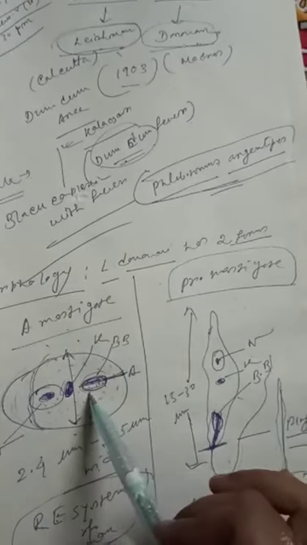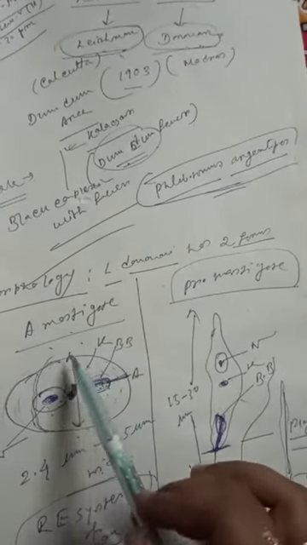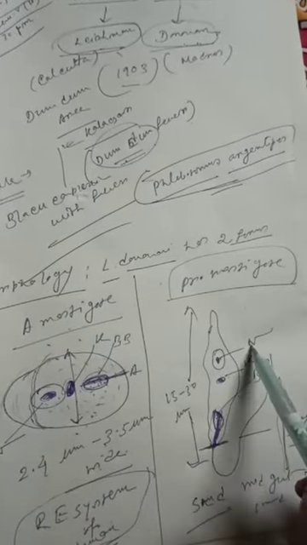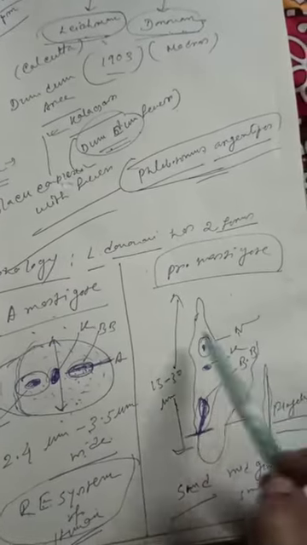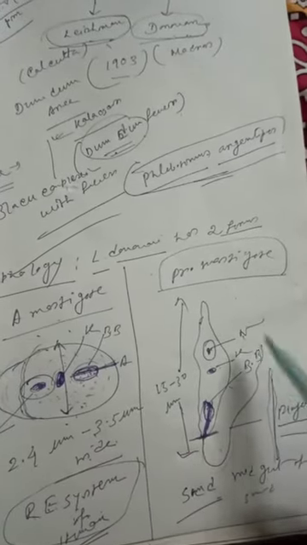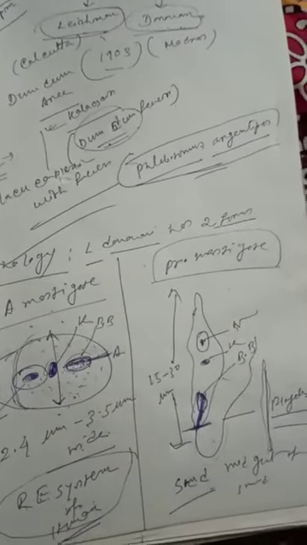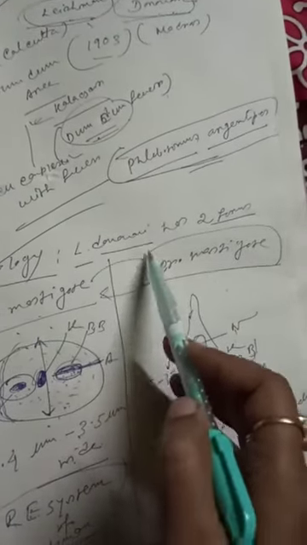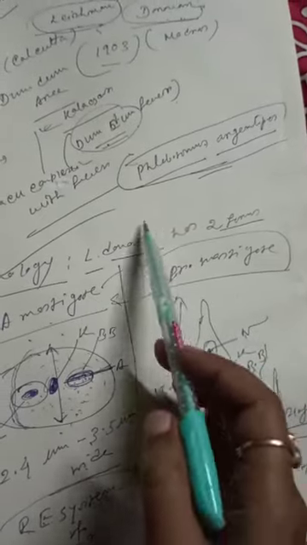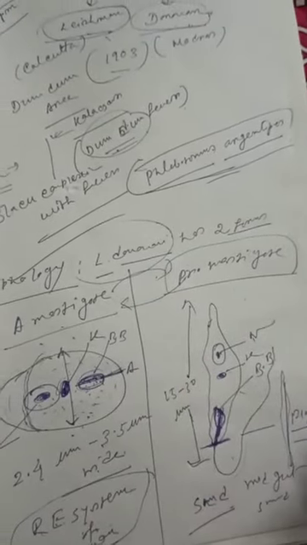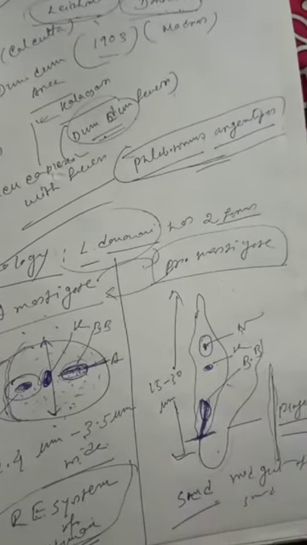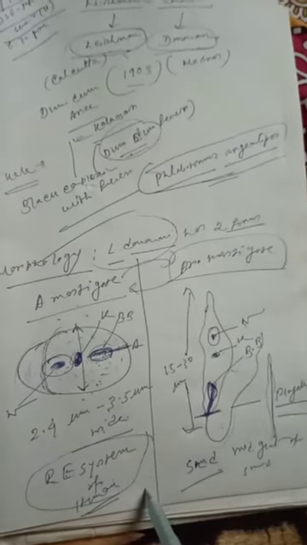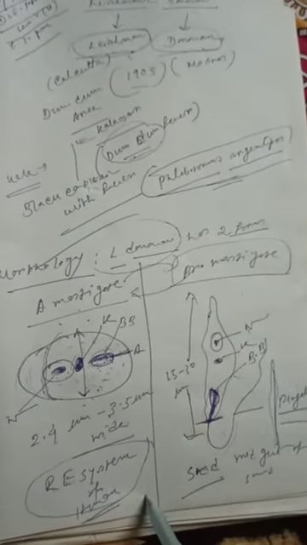Actually these are the two forms. Within the human body the amastigote form is formed, and when the amastigote form enters the sandfly body, then the amastigote is transformed into promastigote. But when the promastigote enters the human body, then it again transforms into amastigote. So these are two forms of the same protozoa, Leishmania donovani. Then the morphology of Leishmania donovani is completed. Then we come to the next topic, the life cycle of Leishmania donovani.